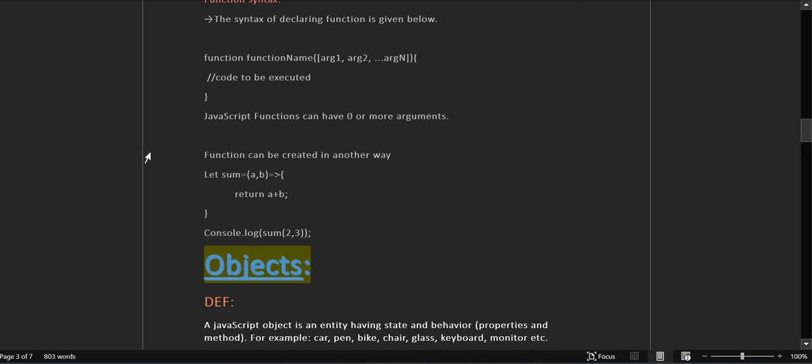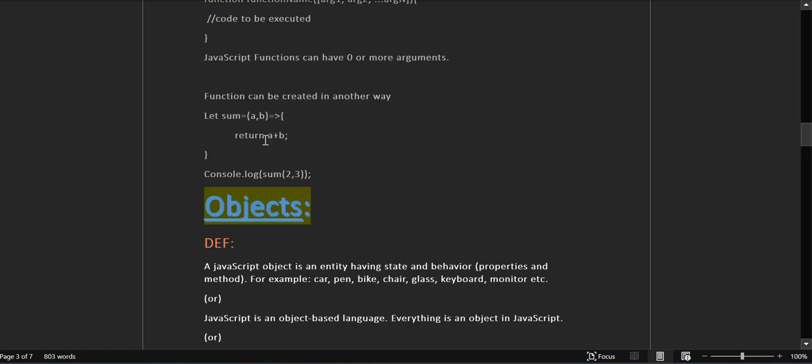JavaScript functions can have zero or more arguments. We can pass arguments to functions and also have functions with no arguments. And every function will have a return type. Return type means it will give us the sum. And in functions, the return values are, they will return some value to the